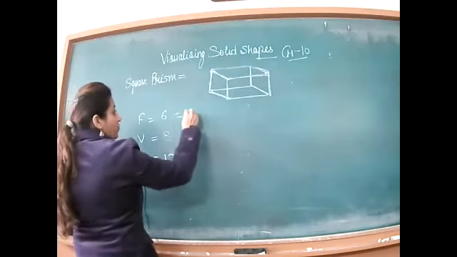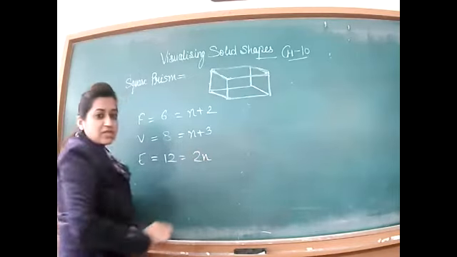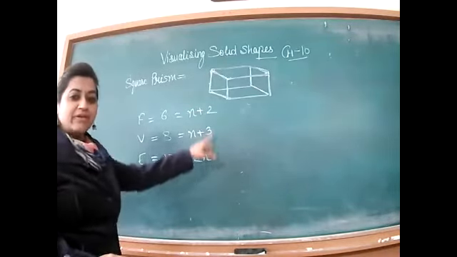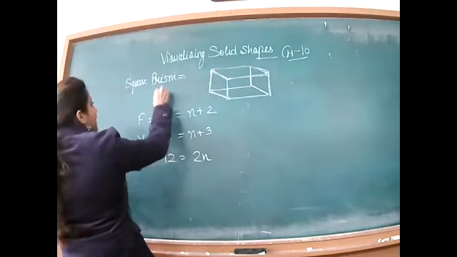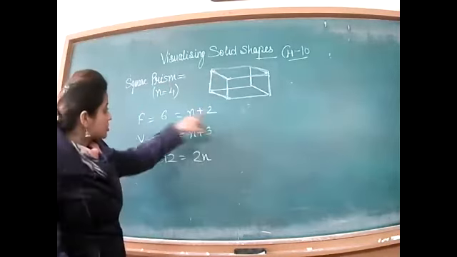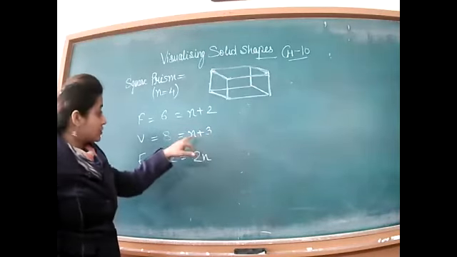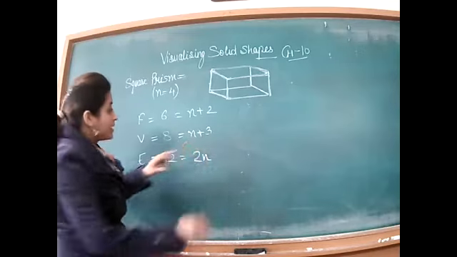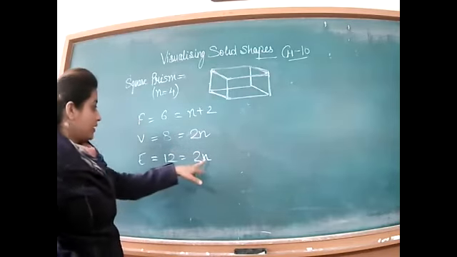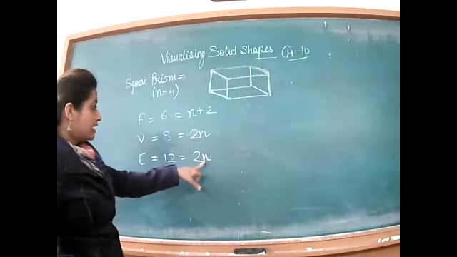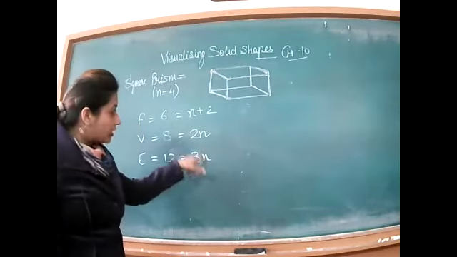Now we have the formulas n plus 2, n plus 3 and 2n. Let's verify whether we have derived the correct general form or not. A square has 4 sides, so n is 4. 4 plus 2 is 6. 4 plus 3 is 7, so this is not correct. What will come here? 2n, because 4 twos is 8. Okay. Here, what will be there? Here it is 3n, so 4 threes is 12. So we had written this one wrong.